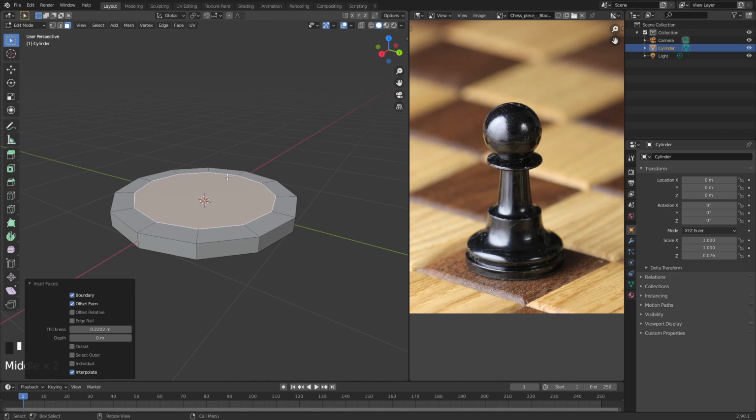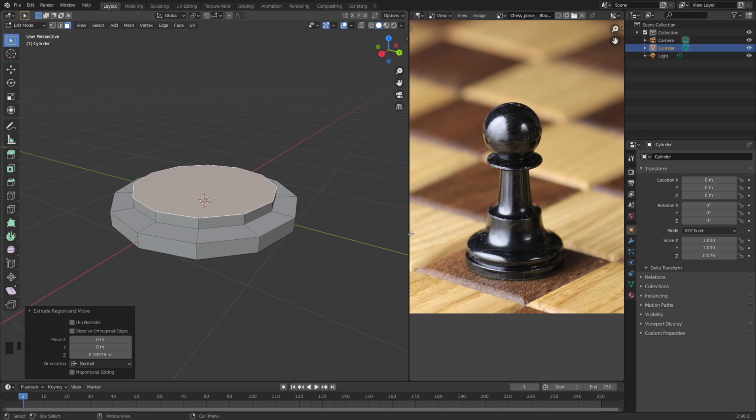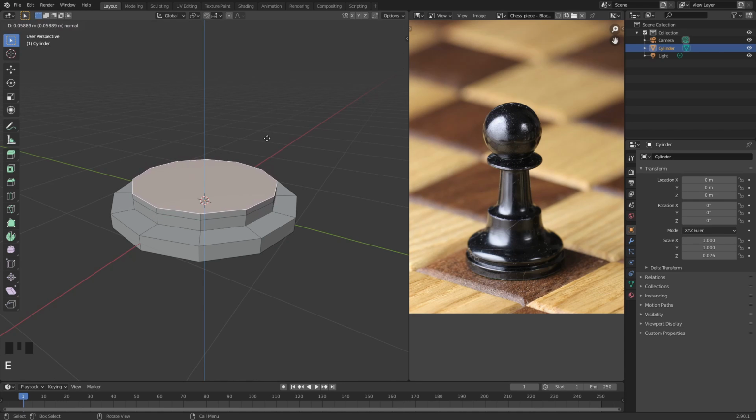Now from here, I'm going to extrude it. So I'm going to press E and raise it up. And as you can see, starting to look a little bit more like this, but hey, I'm kind of bailing from the reference a little bit, but it's fine. And then you left click and it will finalize. So click off it again, click back on the face, press E, bring it up again,